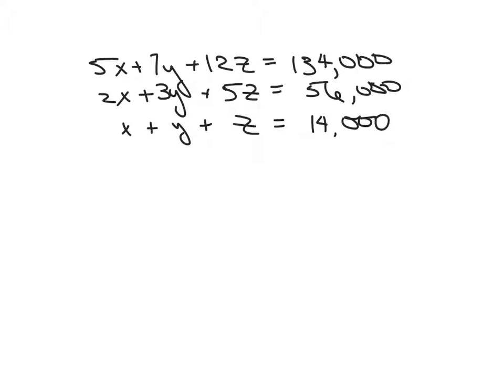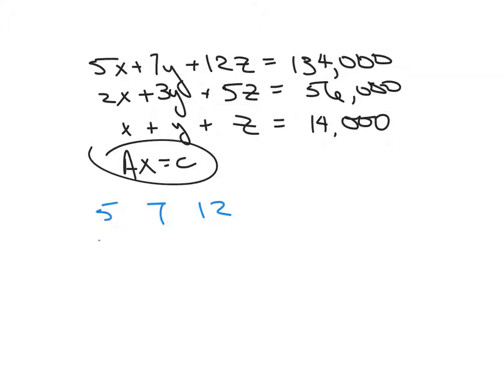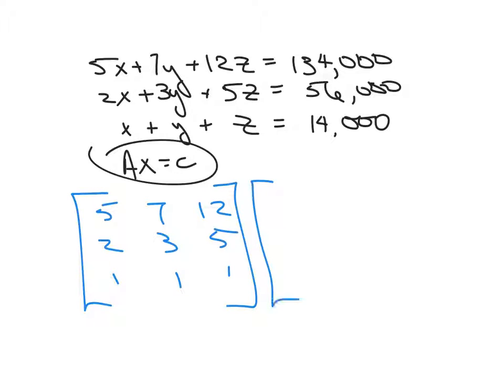Okay, so in order to write this as a matrix equation, in the form AX equals C, that's important, we'll do this as 5, 7, 12, 2, 3, 5, 1, 1, 1. That's my A. My X is X, Y, Z